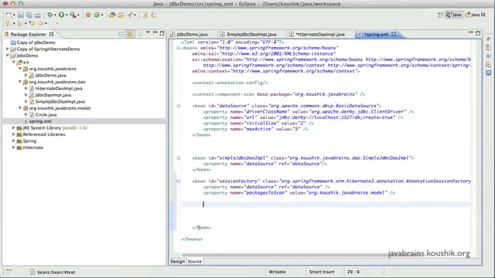Okay, so now the other important information that we need to provide is the dialect. We have configured this as well in the Hibernate tutorial. We need to tell Hibernate what is the dialect or what is the language that it needs to use when talking to the database. We use the Derby dialect because we are using the Derby database in this tutorial. So I will set the Hibernate properties and I will set the dialect to a Derby dialect. And the way to do that is to set a separate property here called